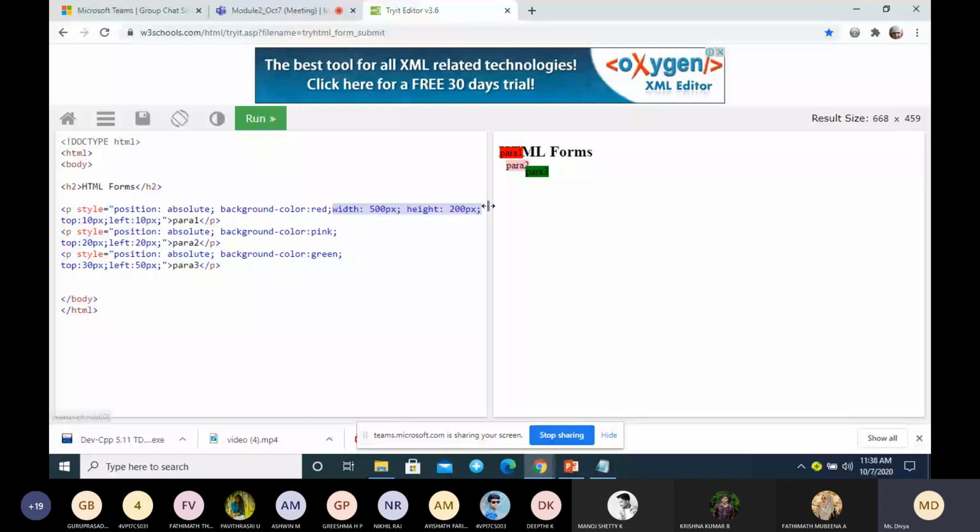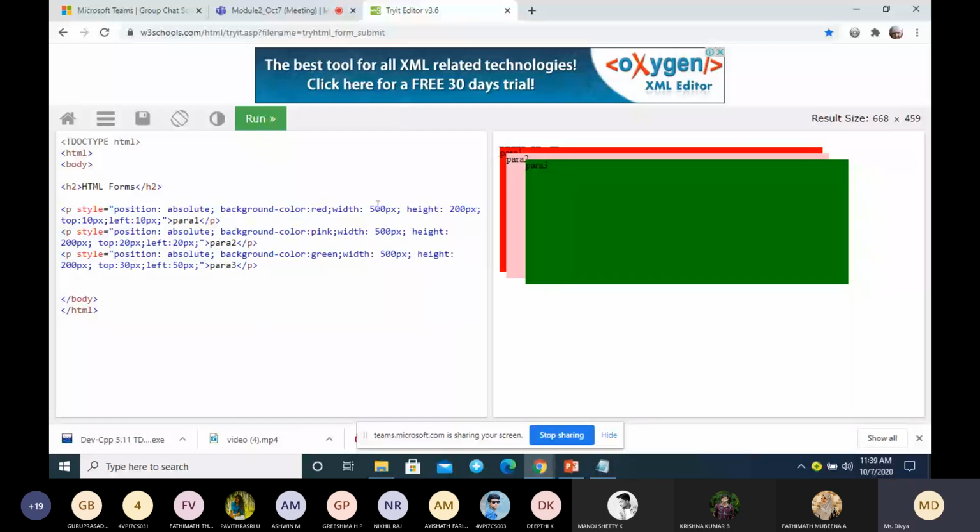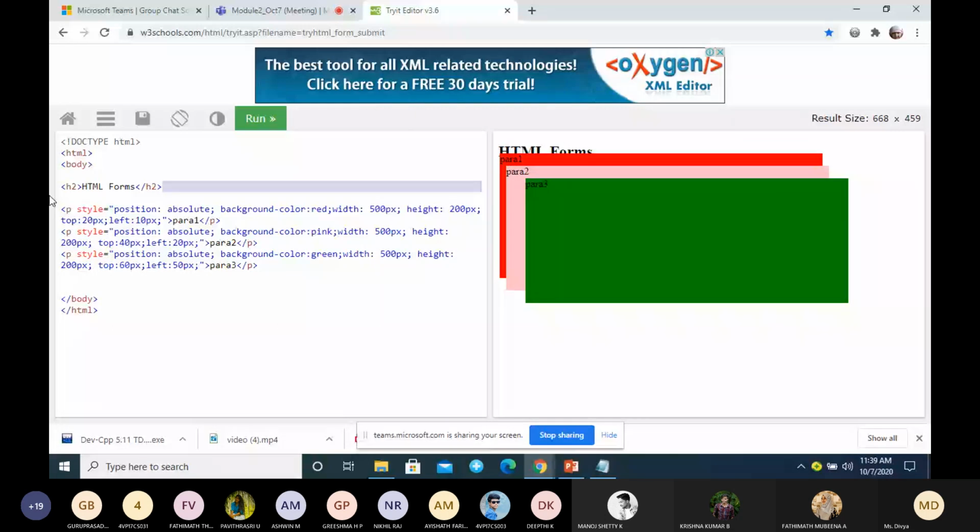From here, these are the properties I'm giving. You see here there are 3 paragraphs. You can adjust the top values. So there are 3 paragraphs.